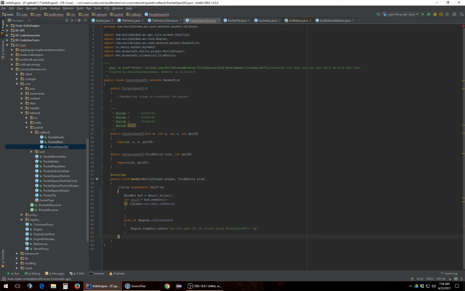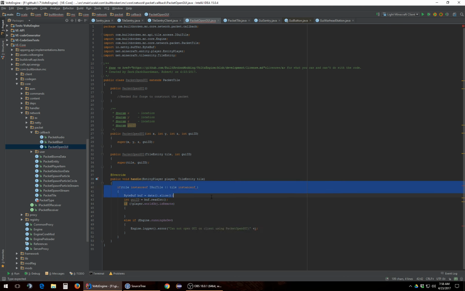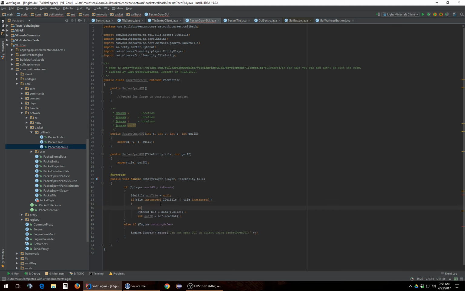There is one thing we need to do here. Where tile is instance of iTile. Now we need to do this all in here. Then I need to make an instance called iGUI tile equals null. Then we want to go, okay, if GUI tile does not equal null, this will handle our node system, which our packet system needs to do, and it hasn't been doing properly. So this will be GUI tile equals